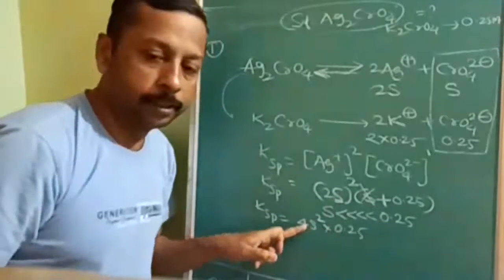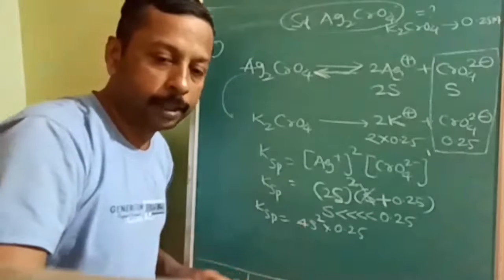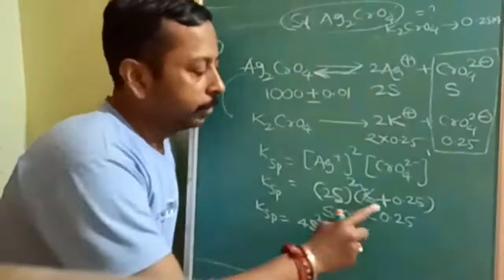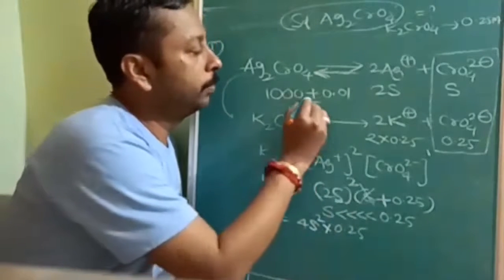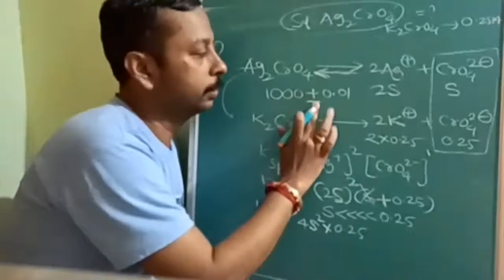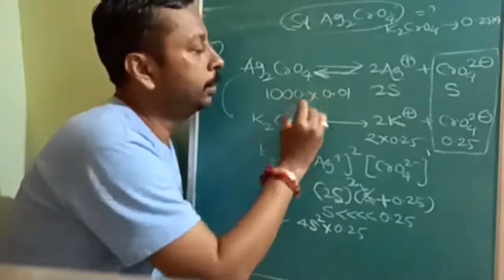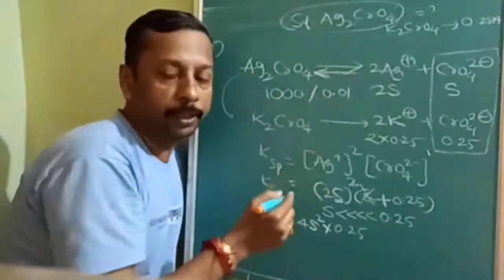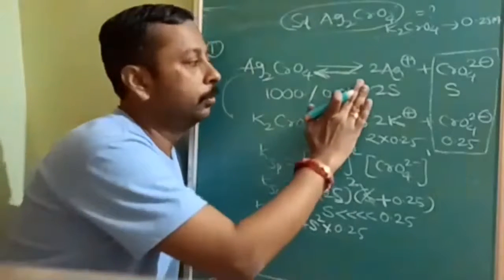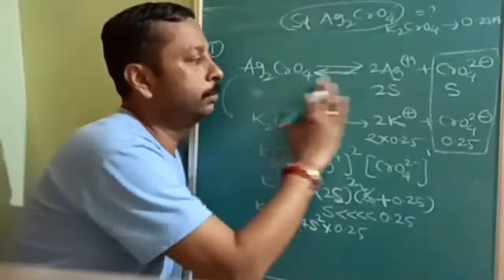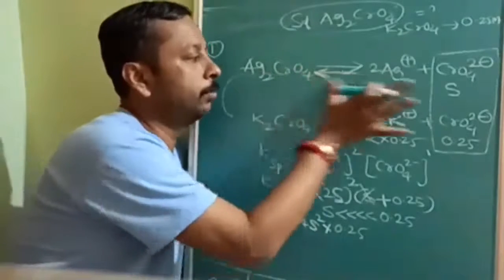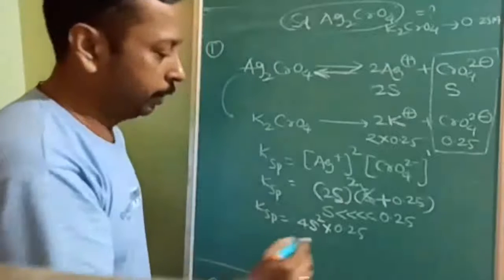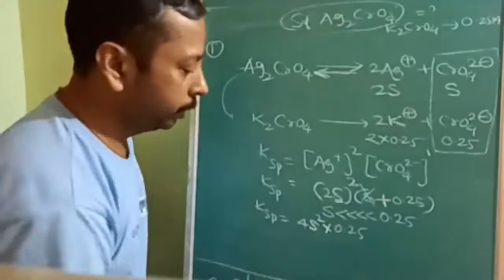Is that correct? Is it understood? Is that understood to all of you? So here, we can neglect only when the small thing is in plus or minus. If it is multiplied, if it is divided, then we cannot neglect because it is going to affect much. So never neglect small things which are in division or multiplication. That's why I have not neglected this. Up to here, I think you have noted this.